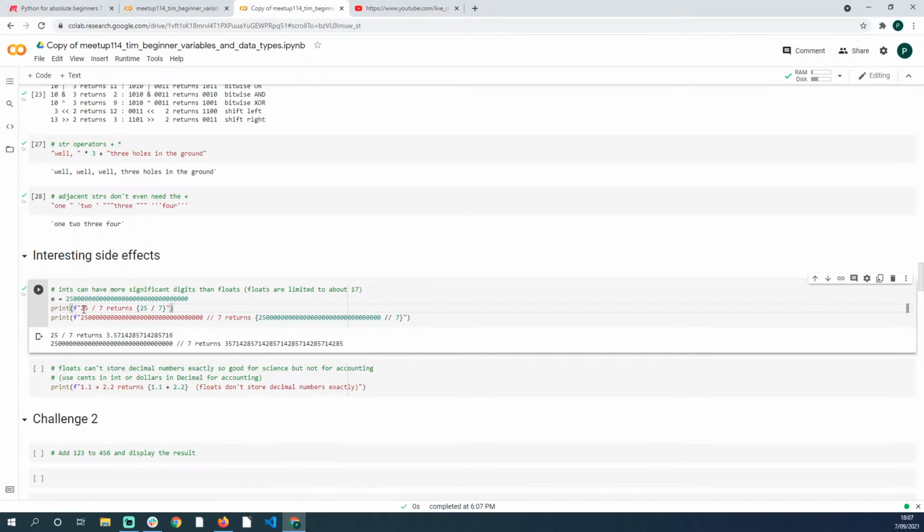And then if I run 25/7, so that's the floating point division, I get 3.571428 and so on. So about 17 decimal places. However, if I keep it all in integers and don't go to floating points, I can actually get a lot more significant figures. So let's take this long number and use integer division with a 7, and here it is,